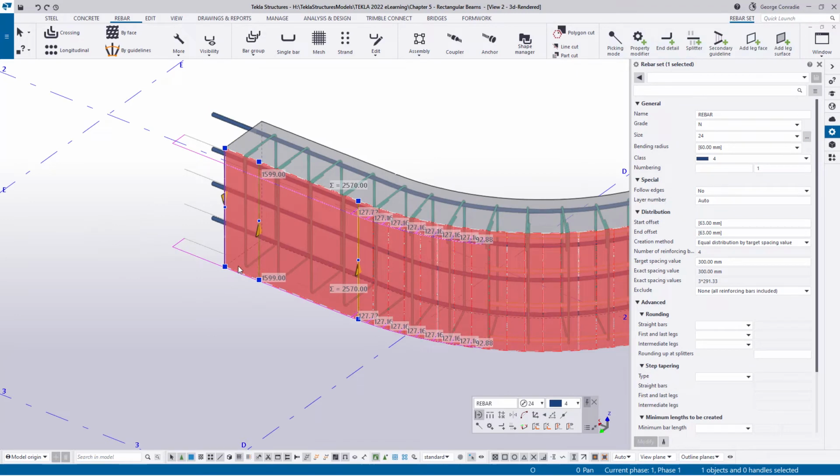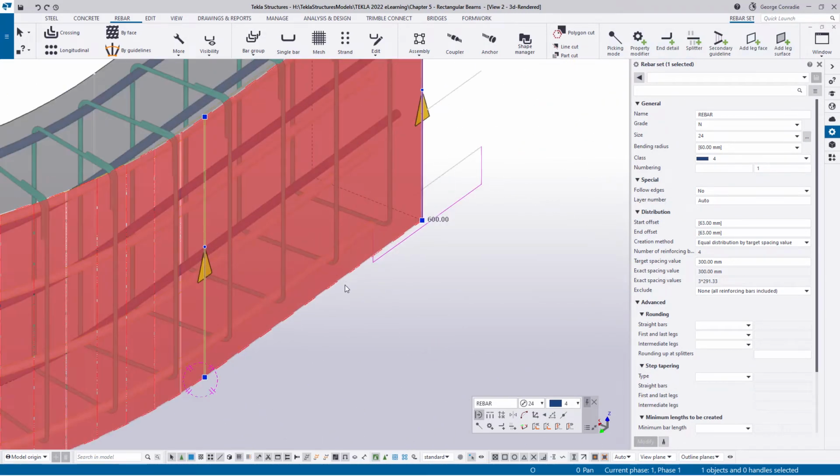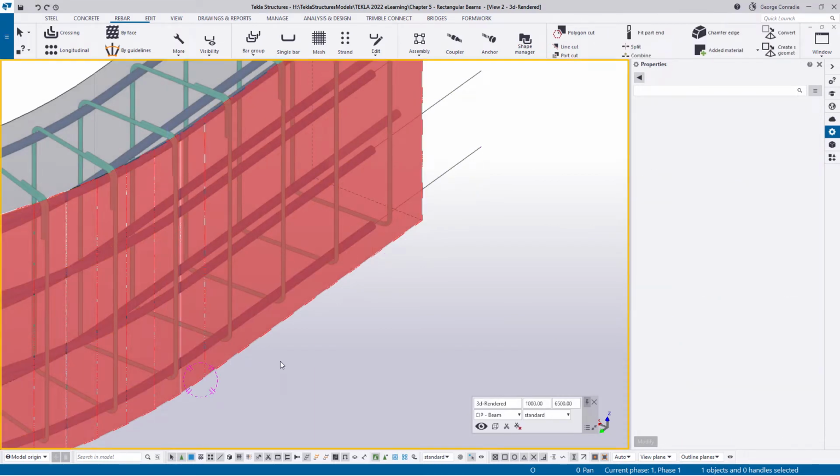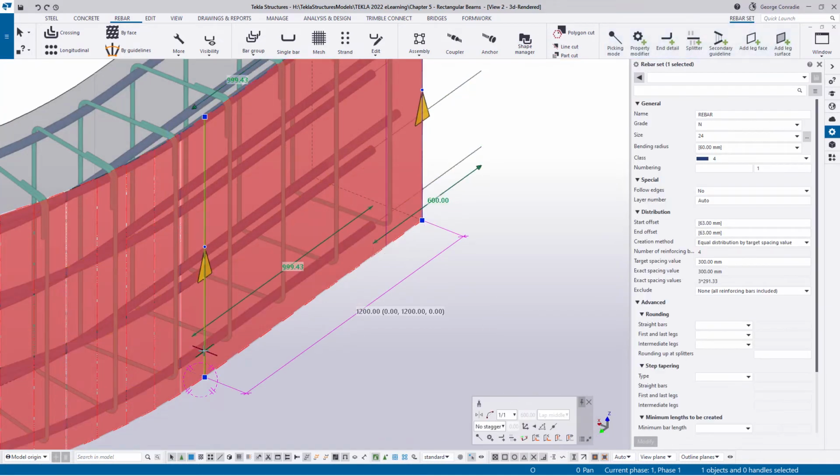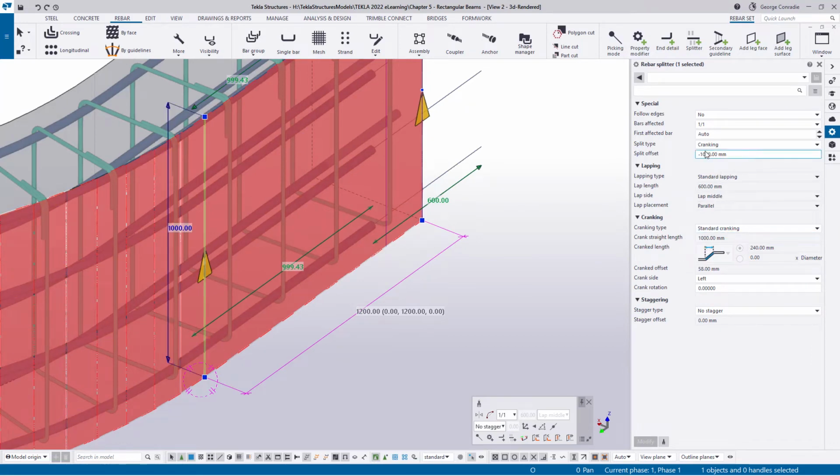Now you see, I've been deliberately trying what's going on here, and nothing wants to work. Now the reason for that is very simple. What Tekla is trying to do is create this length of this leg, and I'll just measure it so we can see the distance between there and there. If you look at that, it's 1,200 plus minus. Now, if you click on the modifier, it's got a splice of 1,000. It's also got a crank length of 240, which means it extends beyond the limits of this face,